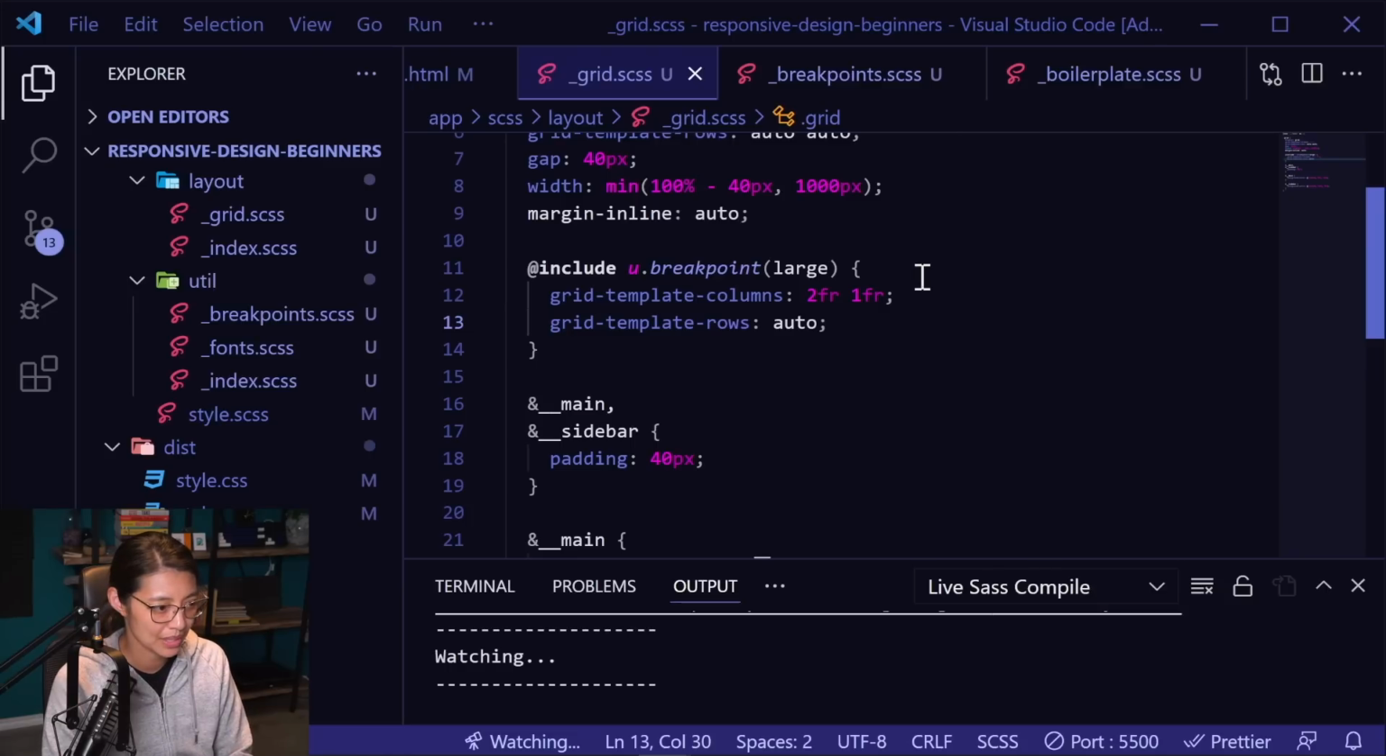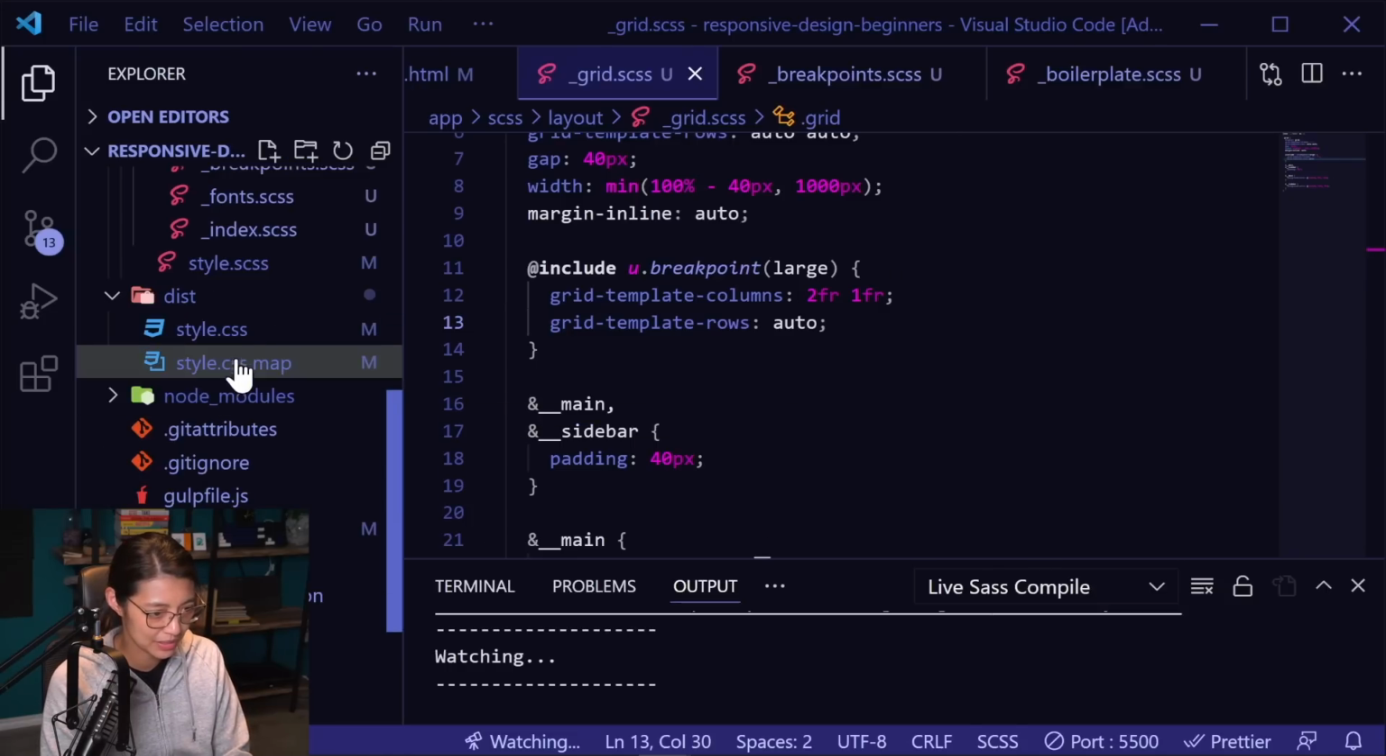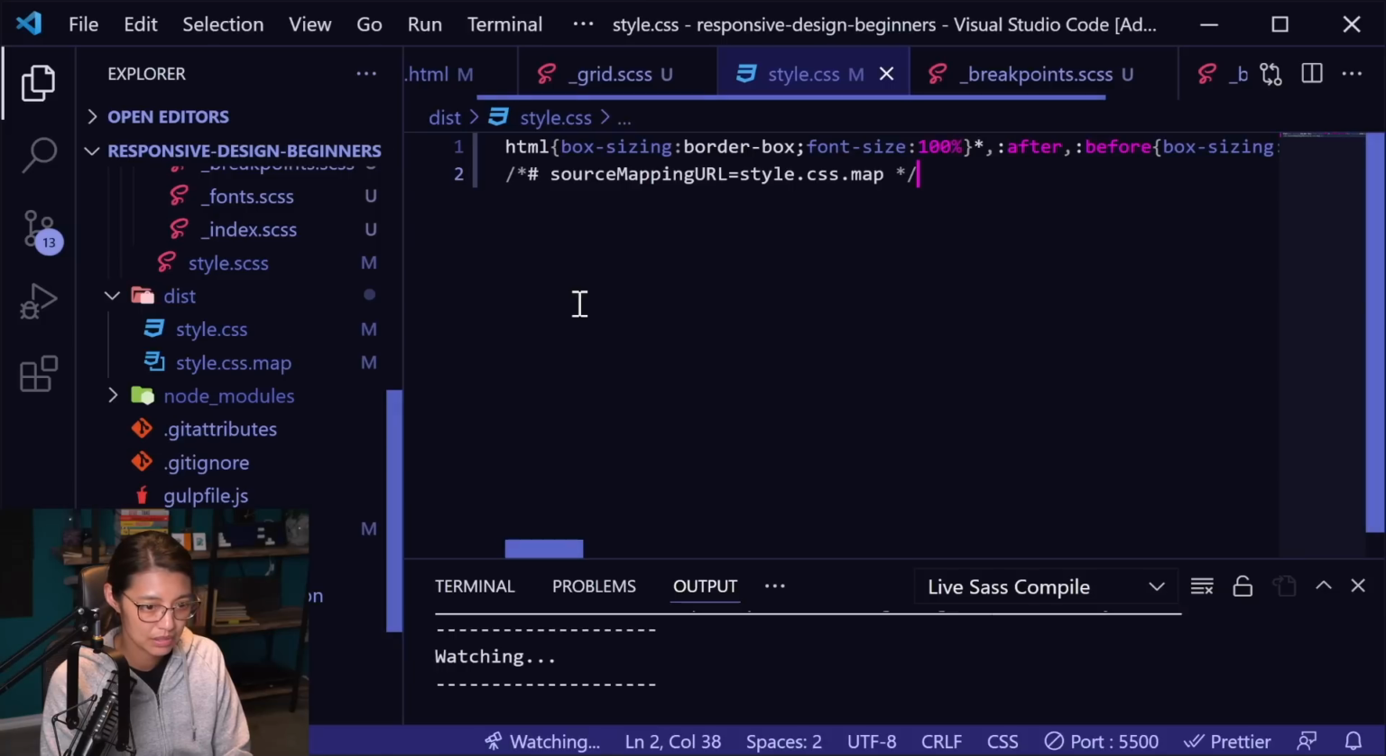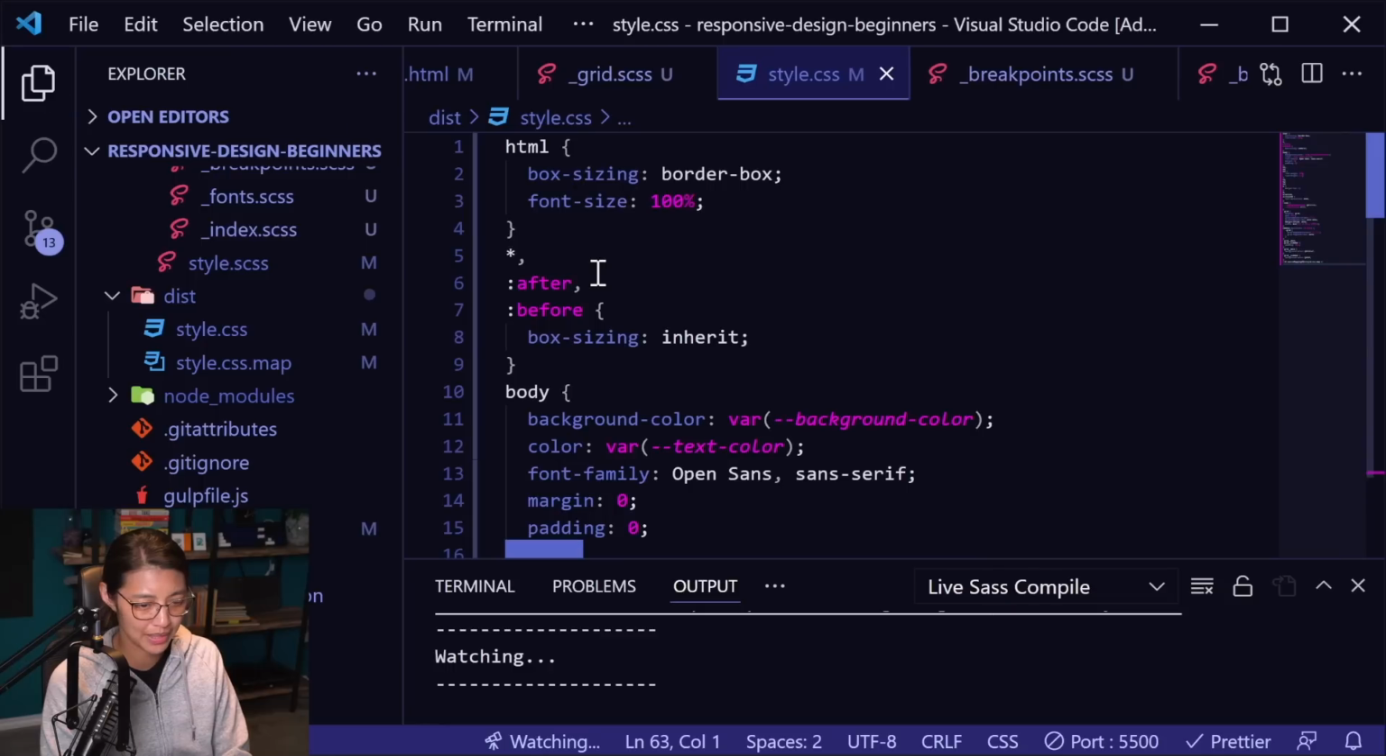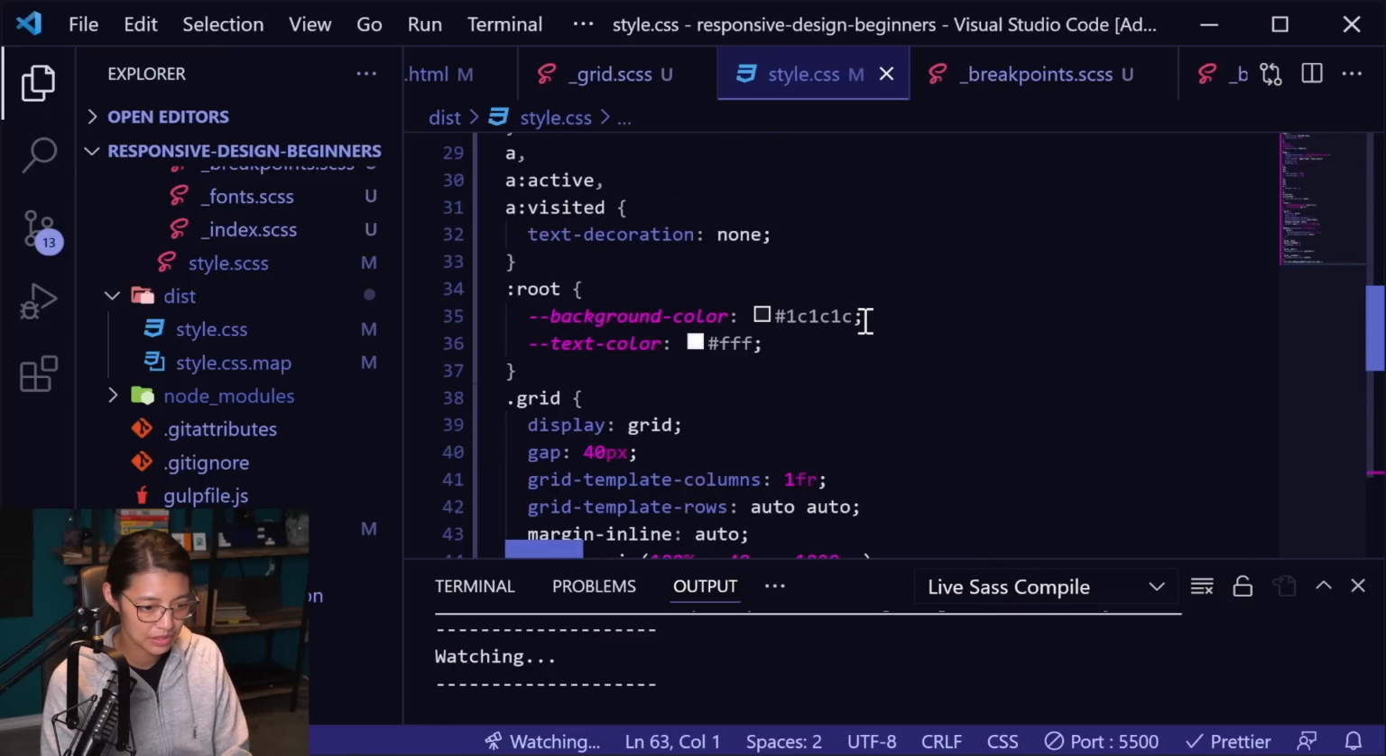So let me show you what I mean. In the final CSS file that we have generated in the dist folder, I'm going to open that. I'm going to hit save to trigger Prettier to run, so it'll format the minified CSS into a more easily readable format. If we scroll down to the grid selector here,